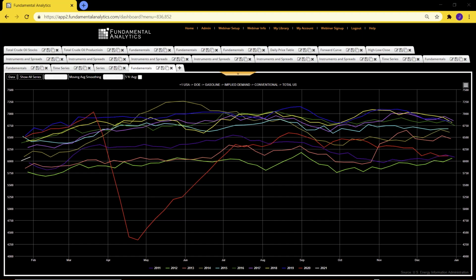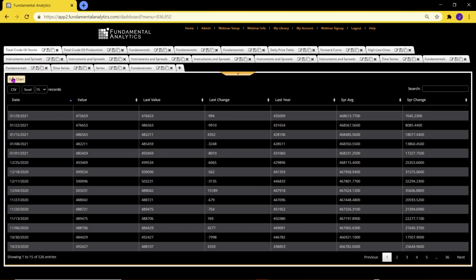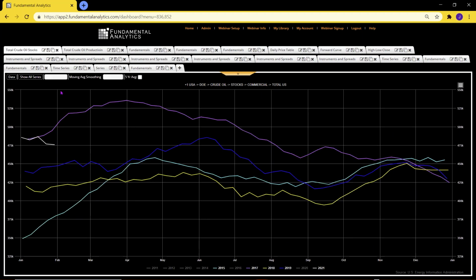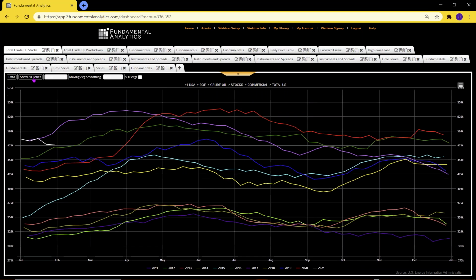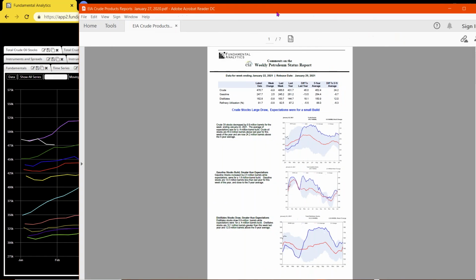Lastly, I want to point out that we're looking at the fundamental data of crude stocks and the others that came out earlier this morning. I want to show the overlay. Just all the data. This is immediately available on our system within seconds after the numbers are released at 9:30 Central Time. We also, at the end of the day, provide a kind of summary and some discussion,